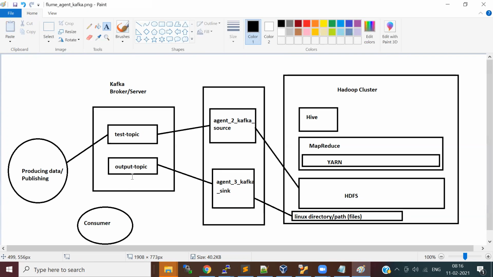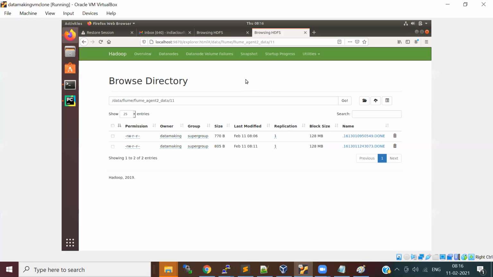The consumer is going to consume messages from this Kafka topic. So this is what agent 3 does. It takes the files from here and writes into the Kafka topic. I wrote a small Kafka consumer which can consume the data here.